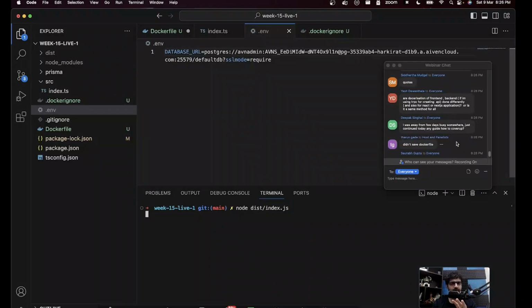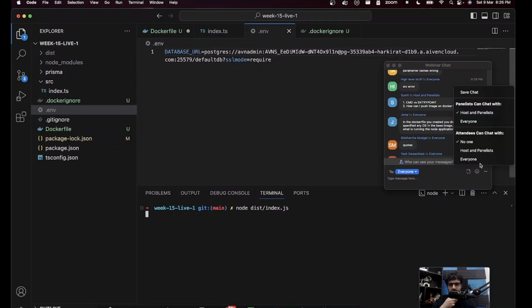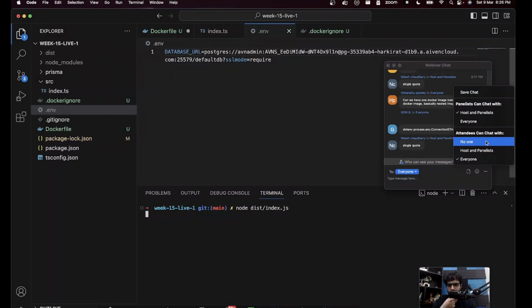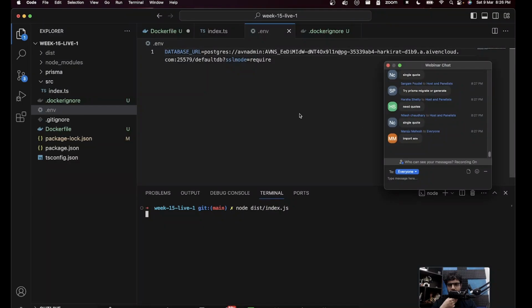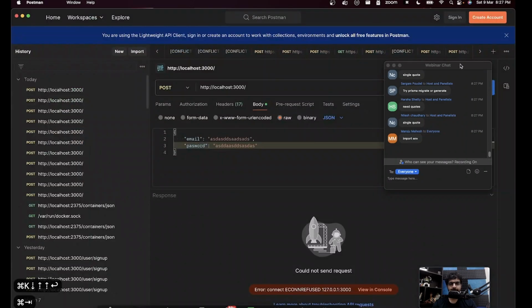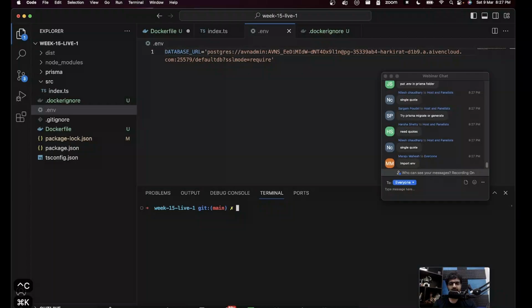Forget Docker file, I don't have a Docker file. I have a simple .env file where I'm running this. It's not quotes. It's not a source error. Single quotes, someone said. I don't think they will change anything. Try Prisma migrate or generate. Oh, yes, that's it. Thank you, sir. Bounty $50. Sangram wins it.